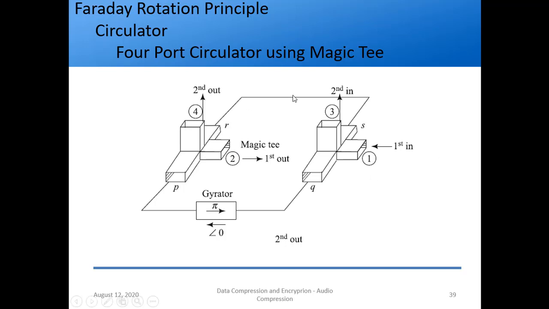So just to prove this, I will take one more example. Let's say I give the input at port 3. So what will happen? It should come at port 4 only, right? So I am giving the input at port 3. What will happen? It will come with, for example, 0 phase here and 180 degree phase shift here, right? So they will go here, they will go here. So it will be 0 degree here and 180 degree here. So here it is in phase, here it is out of phase. So this input is like a magic T, sorry, E plane T. So it will come at port 4, right? So again input at port 3 is coming at port 4.